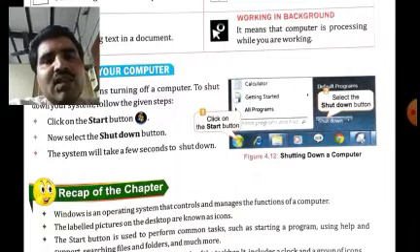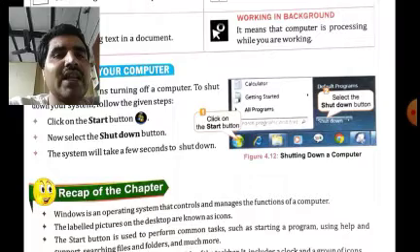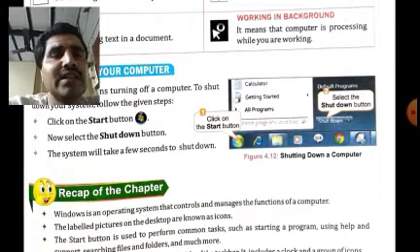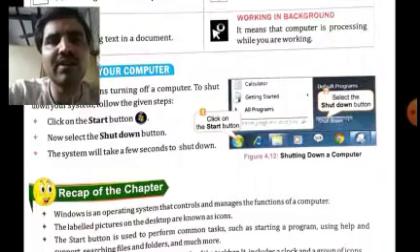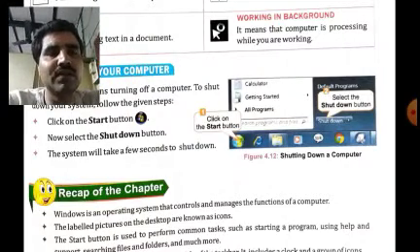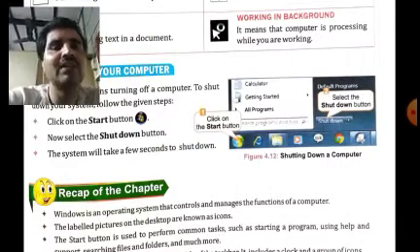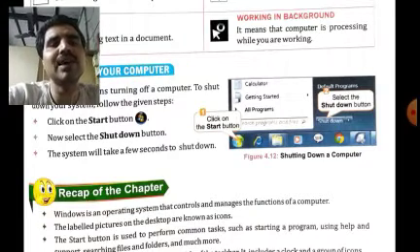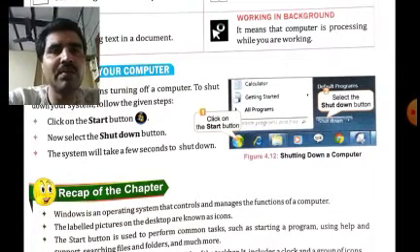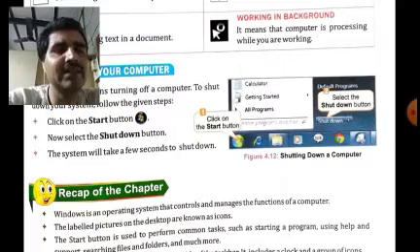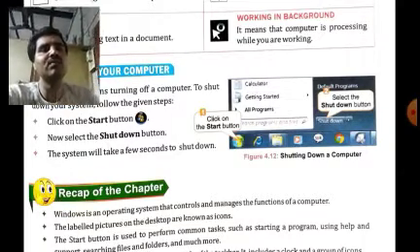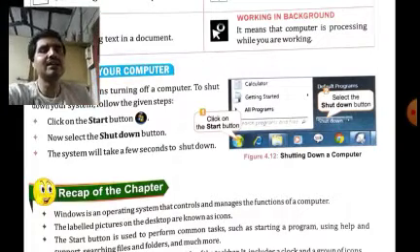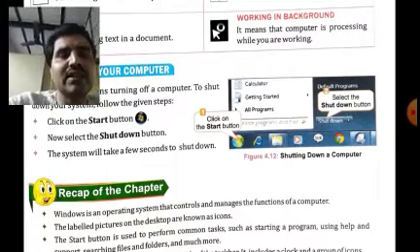So as soon as you click on the shutdown button, what will happen? The system will take a few seconds, and after that it will shut down. Why does it take a few seconds? Because a system takes a few seconds to shut down, since it has to close all the processes and all the programs which are running. Whenever a computer is running, a number of programs are running in the computer's memory, in the RAM, in the primary memory of the computer. So all those programs have to be properly shut. That is why a computer takes a few seconds to shut down.